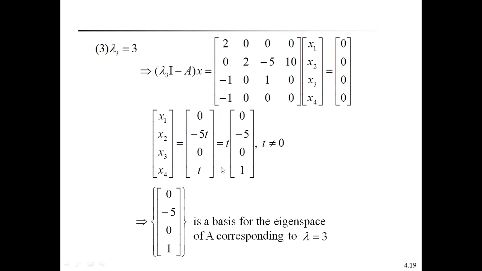Therefore, this is how to find the eigenvalues, eigenvectors and eigenspace corresponding to the given eigenvalues. The first example is a 2 by 2 matrix, the second example is a 3 by 3 matrix, and the third example is a 4 by 4 matrix. In this way, we find the eigenvalues, eigenvectors, eigenspaces and also the basis for these matrices. Thank you.